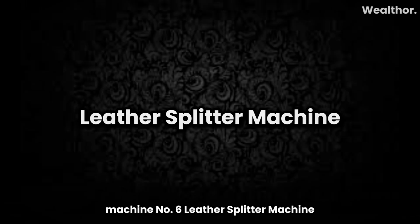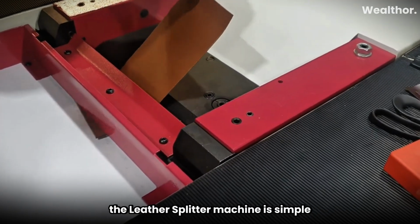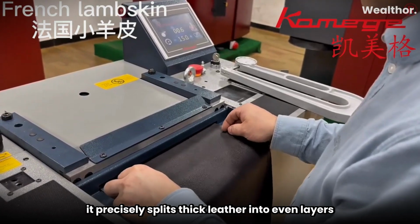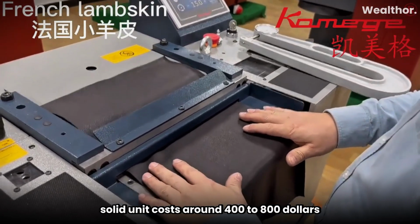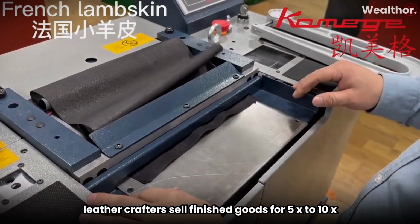Machine number 6, Leather Splitter Machine. Not every profitable machine needs to look futuristic. The Leather Splitter Machine is simple, mechanical, but it powers the booming handmade leather industry. It precisely splits thick leather into even layers, used for wallets, belts, and luxury bags. A solid unit costs around $400 to $800, yet leather crafters sell finished goods for 5x to 10x the material